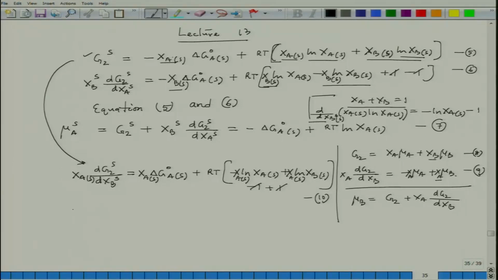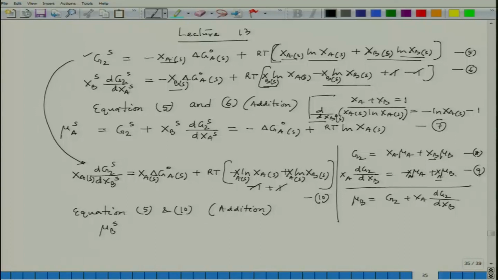See, if we add equation 5 and 10 addition, we would get